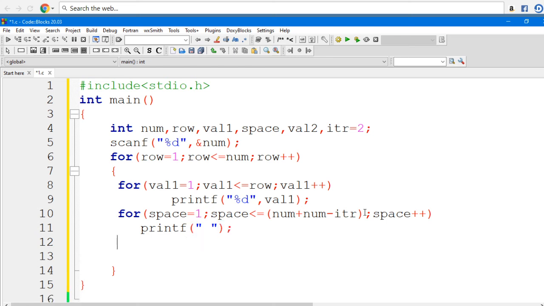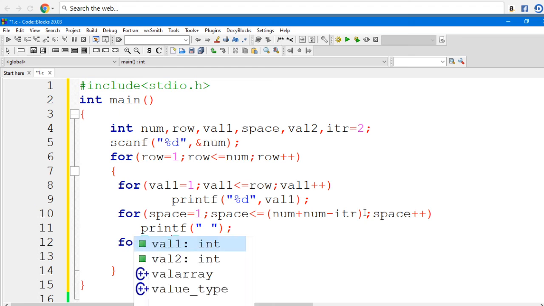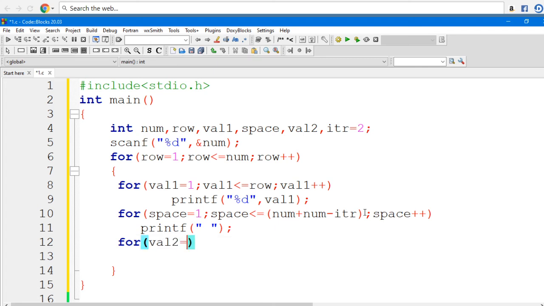So next we are going to print value 2. So take a for, the variable name is value 2. Initially we can take value 2 is 1, then value 2 goes until row. So based on the row only, here also we can print, then value 2 plus plus. So inside the loop we can print value 1, because in your value 1 first time it will end as 1, so we can print the 1.